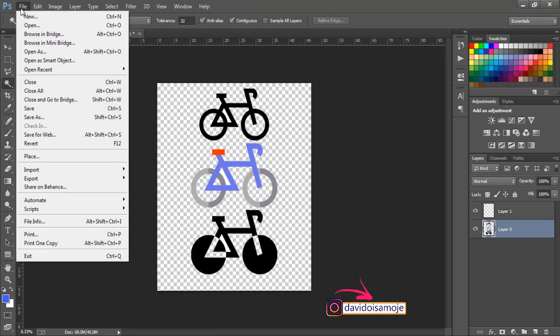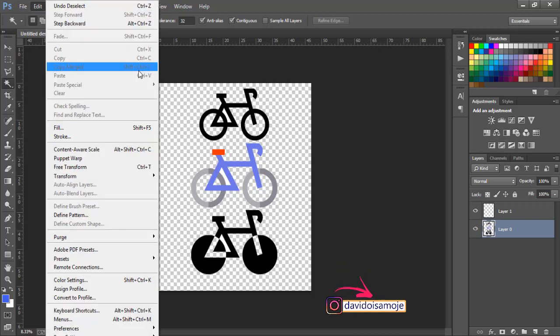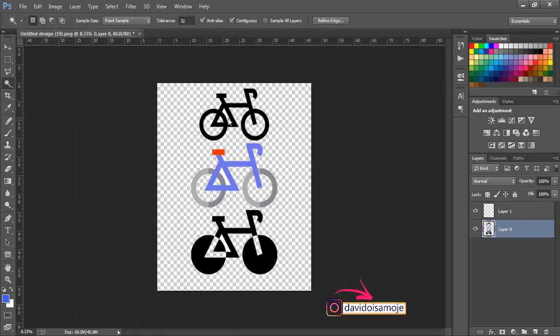Remember to save it as PNG because now we've removed all the white background. All the white background is off. So you want to save it as PNG. Let's make sure all the white background is off. As you can see, I noticed I missed out on some white background, so I'm going back to get that off.